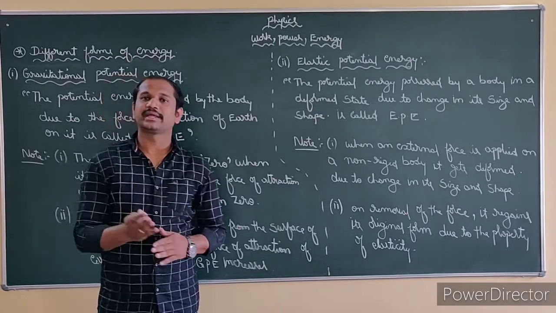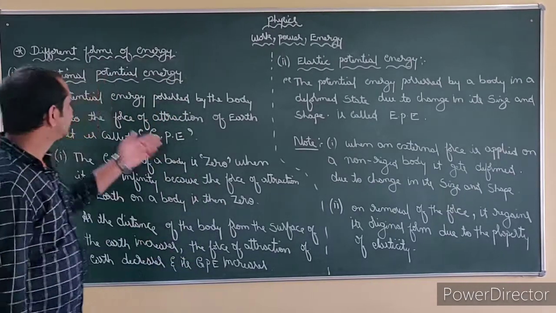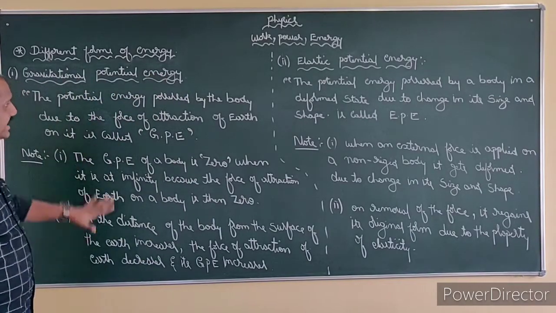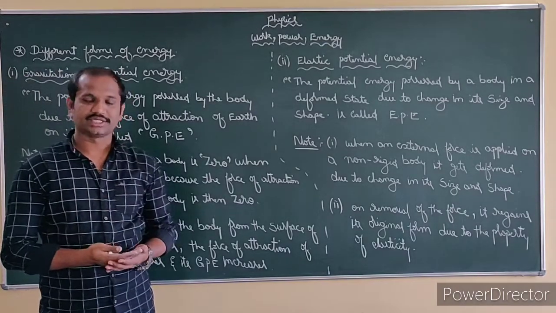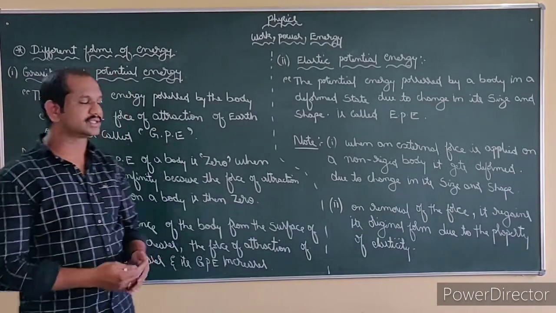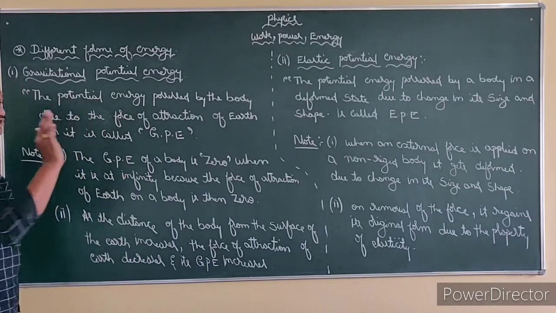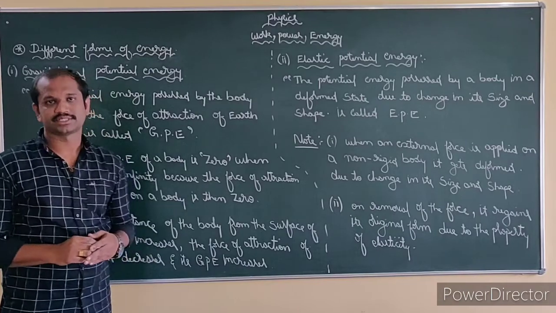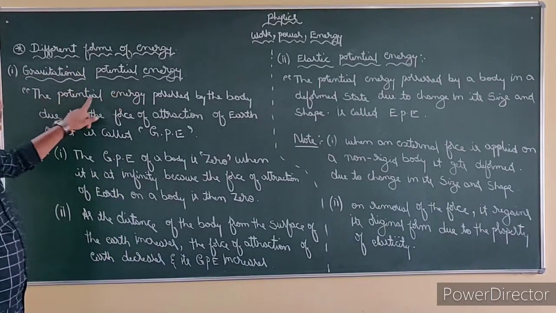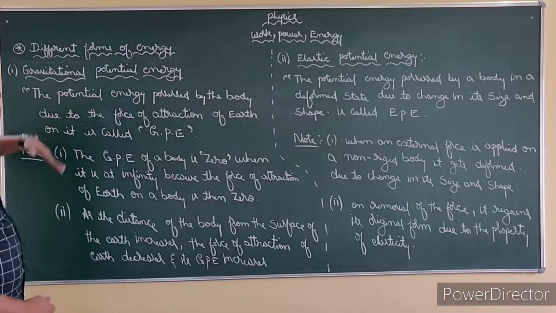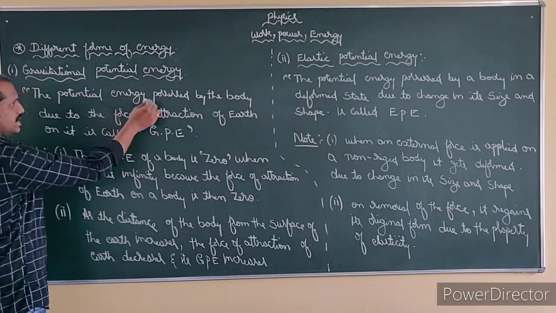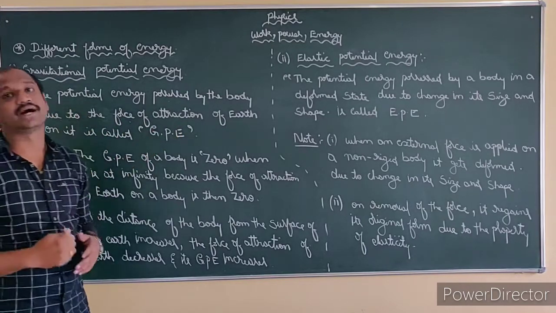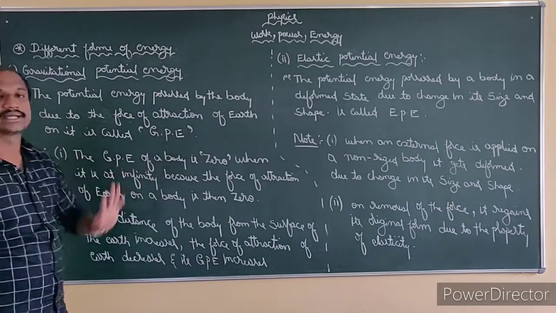Now we have the two types of potential energy. What are those? Gravitational potential energy and elastic potential energy. Now let us see in detail what gravitational potential energy is and what elastic potential energy is. See, when you are writing a definition, be very careful. You should not skip any of the very important terms. Since gravitational potential energy is a type of potential energy, we need to carry that in the definition. Look, the potential energy possessed by the body due to the force of attraction of Earth is called its gravitational